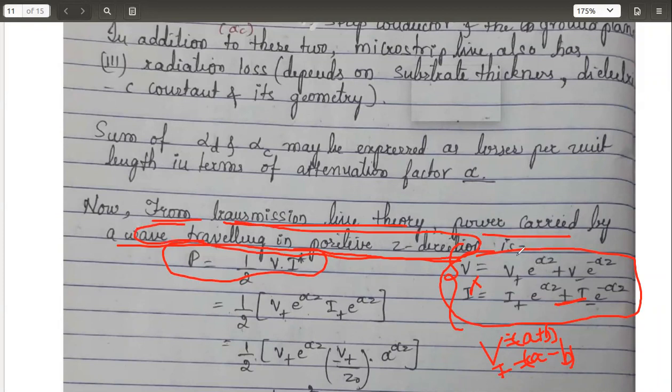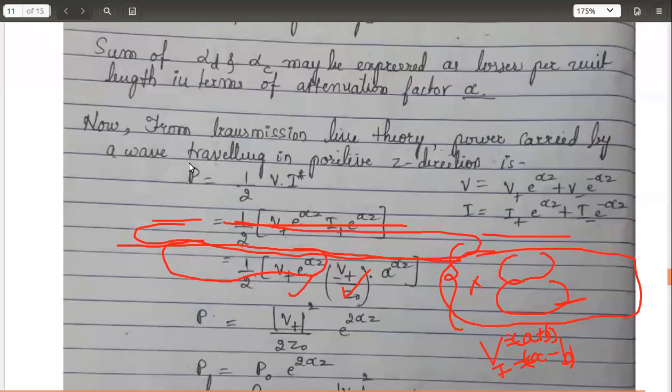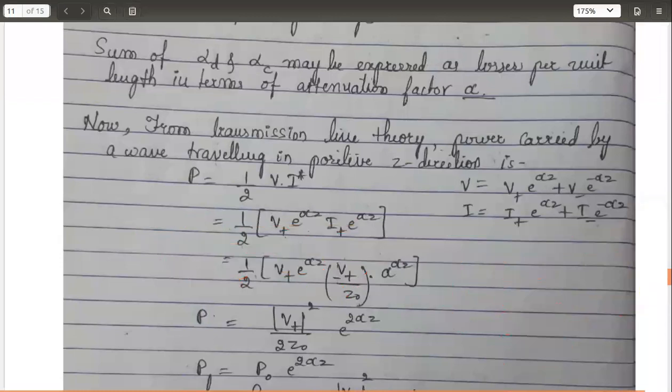Okay, when you multiply the first term with this first term, you will get alpha raised to 2z. You can see V plus, I have written 1, then I plus. Okay, this first multiplied term I have written. If you take further multiplications, three terms I'm not going to consider. Let me take this multiplication, then probably you'll understand it. So if I take the first multiplication, this is the term. Okay, I'm not going to rewrite it.